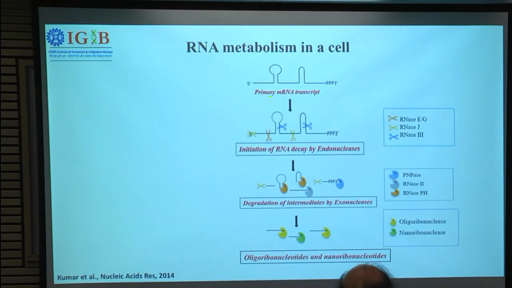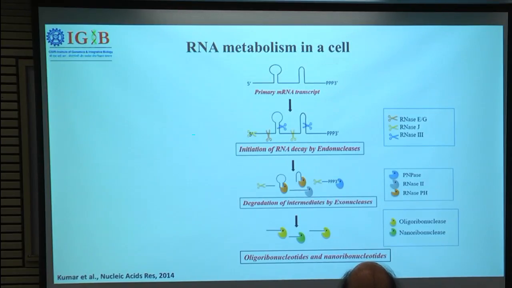And in these organisms, like in Bacillus, the oligoribonuclease is absent, and the nanoribonuclease is found non-essential for a cell. Whereas the actinobacteria, which comprises mycobacteria, in that phylum of bacteria, both of these ribonucleases are present. It means for the same pathway, that is the elimination of these small nucleotides, there are two different sets of enzymes. So we are curious to understand why the